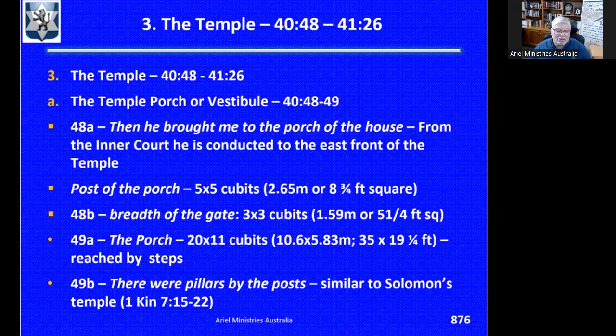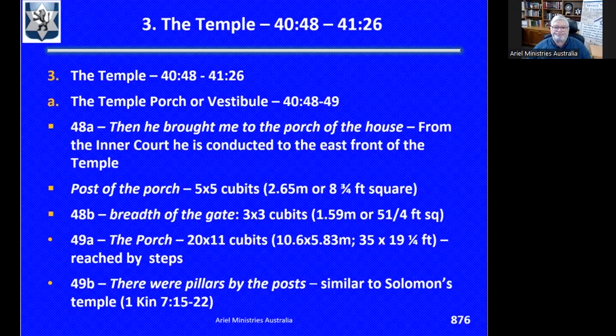Here again, this would make it similar to the Solomonic temple, according to 1 Kings 6:3. And it says, even by the steps whereby they went up. So that tells us that the temple was set on a terrace at a higher level than that of the inner court. And just as, remember, the inner court was a higher level than the outer court. And so you had to go from ground level up into the outer court, then you go up more steps into the inner court, and now you're into